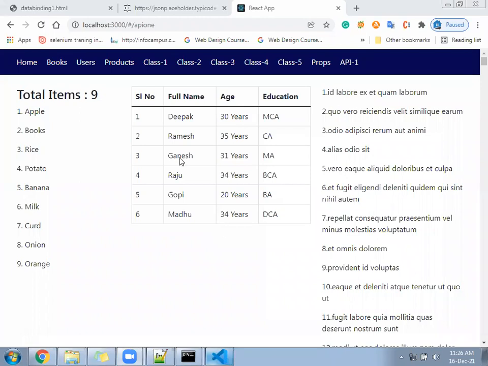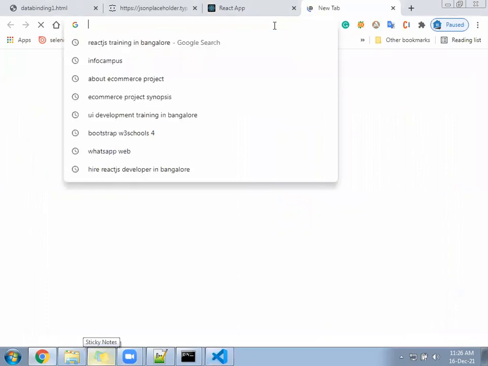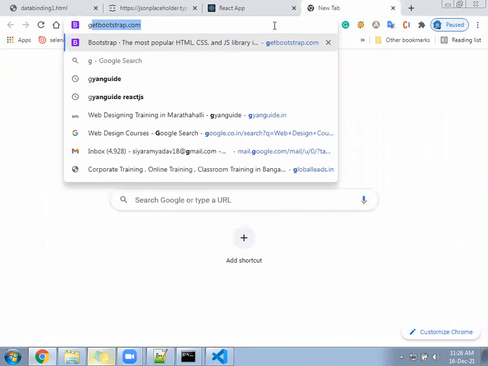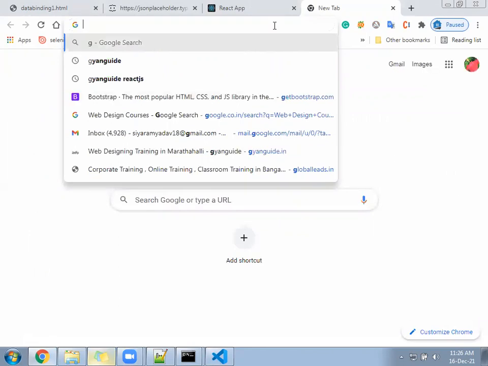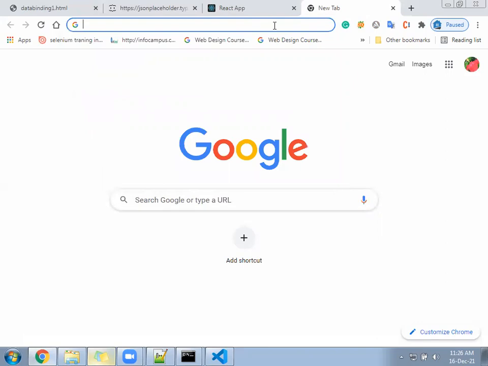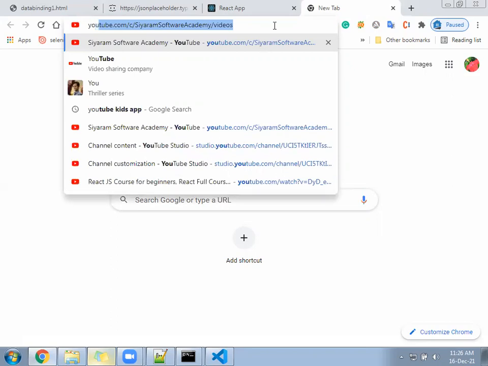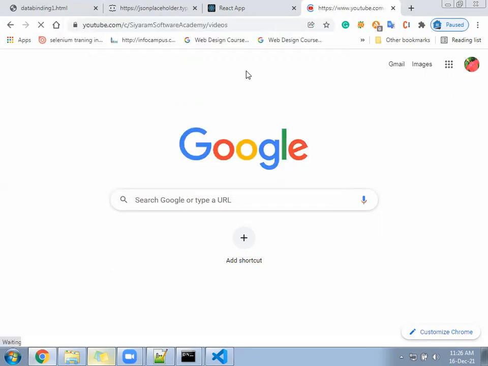Now we have an idea of how to read data from somewhere. This is called API in React, web service implementation. Right now we are only reading. Tomorrow we'll learn how to post. We will set up our own JSON server. Hold on, there is a video URL I will give you on how to set up a JSON server. Just follow it once. Don't only watch the video, watch it and implement it from your side. Tomorrow I will implement it here. We are going to learn posting data using JSON.